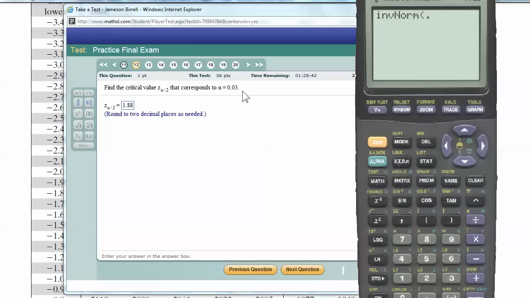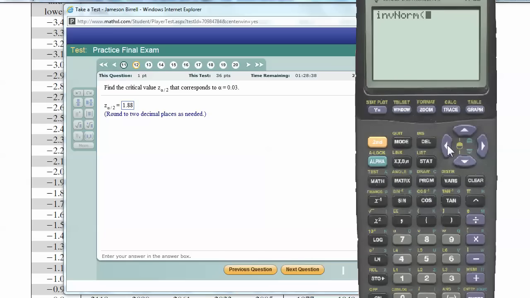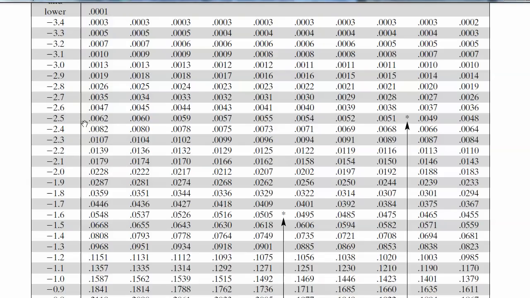In this case, I say how much area I have to the left, which is the complement of what I see. So it's going to be 1 minus 0.03 in half, because it's for a confidence interval. Oh, and that is not something I did there when I looked up the score. I was too eager to look at the table, so I just went straight to that